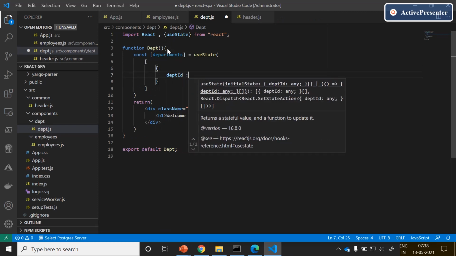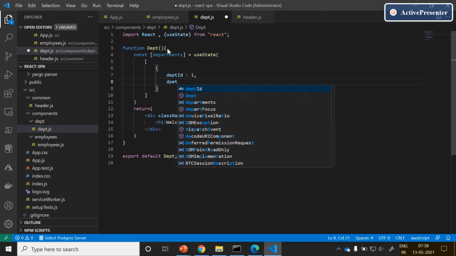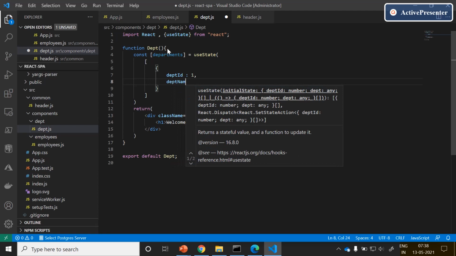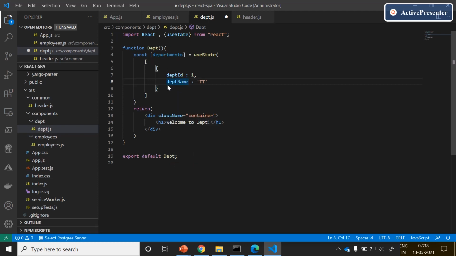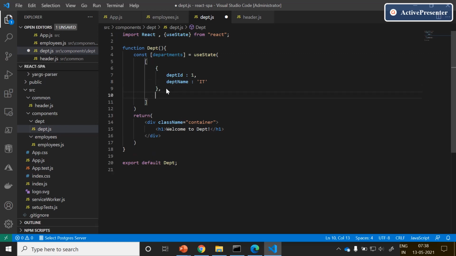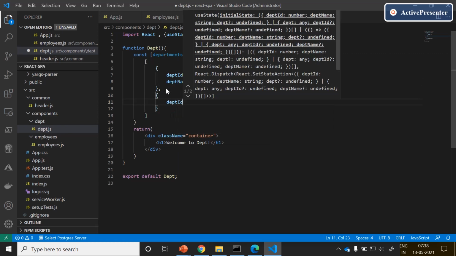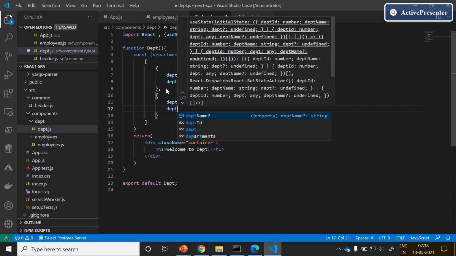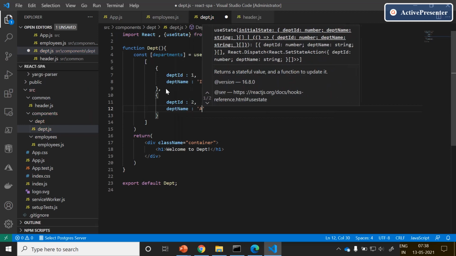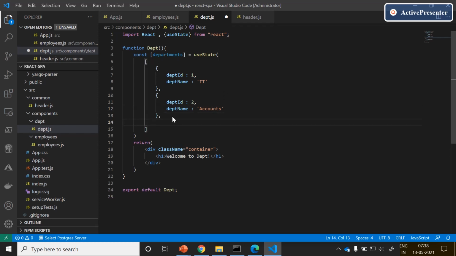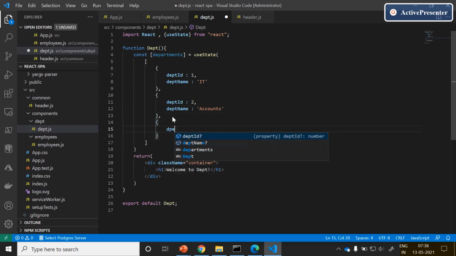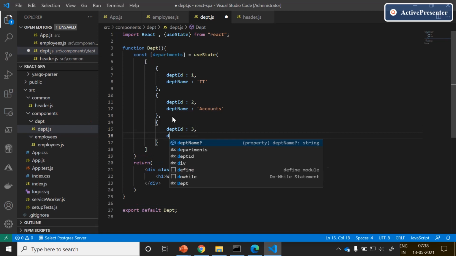This is master data: department ID 1, department name IT, one more department ID, department name accounts, one more department which belongs to security.